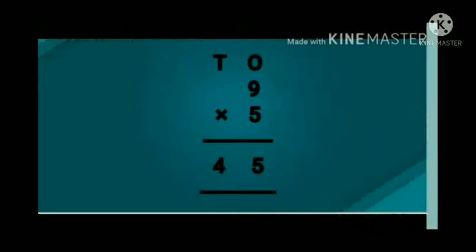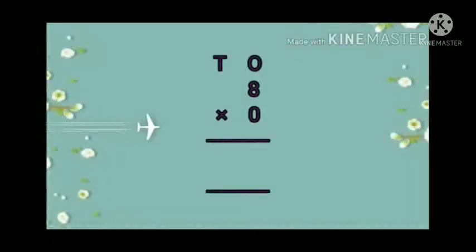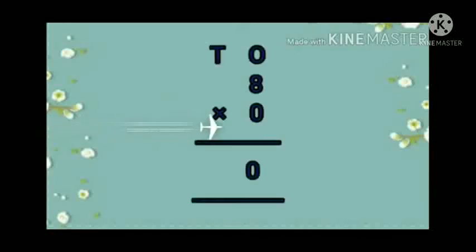How easy they are, students! Are they difficult? No, they are very easy examples if you know the tables, if you know the property. 8 into 0. Here there is no need of speaking the table. Why, students? Because the multiplier is 0 and we know the property. When we multiply a number by 0, the answer is 0. So using the property, we will write its answer and the answer will be 0. 8 multiply 0. So always keep the properties in your mind, students.